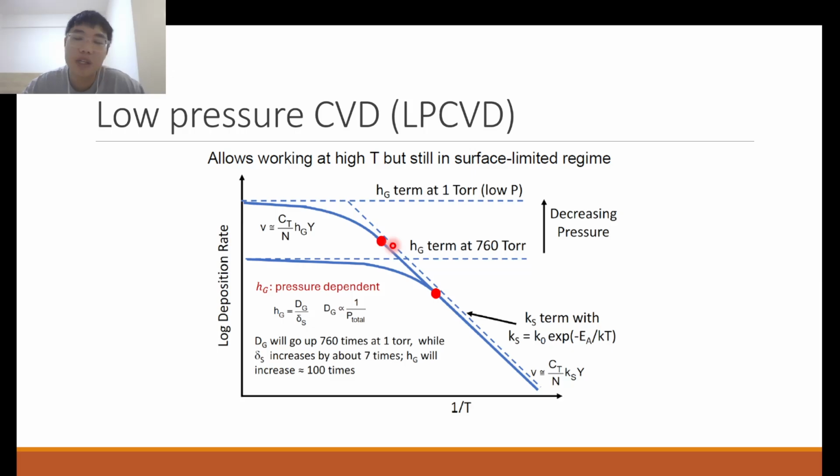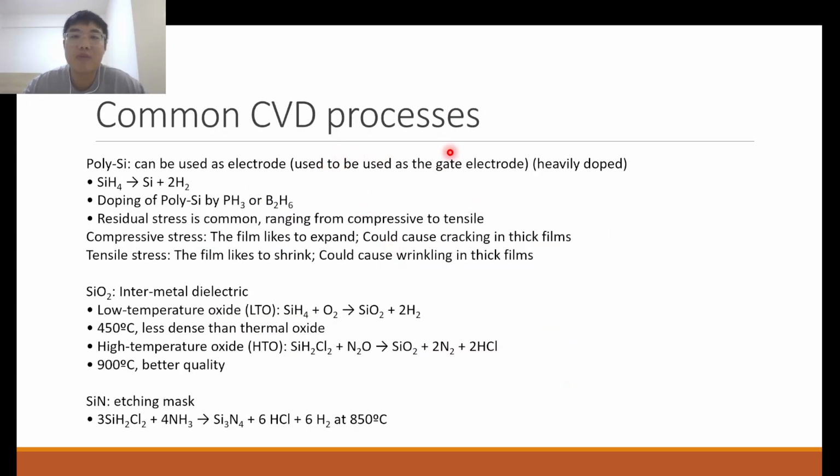So that is why normally we see that in the real industry, we see things like low pressure CVD, we see things like sub-atmospheric pressure CVD, so it's like below that of atmospheric pressure, but we rarely see atmospheric pressure CVD anymore. Okay? So common CVD processes that are often done in the semiconductor industry is